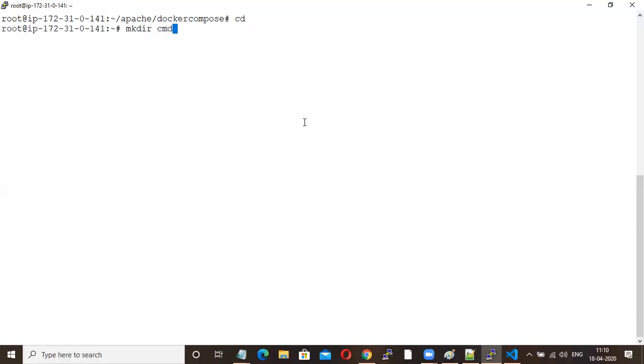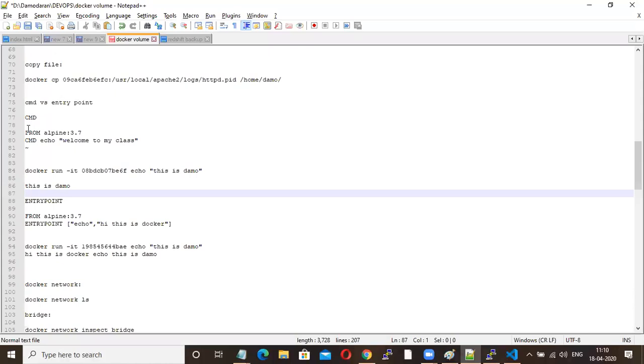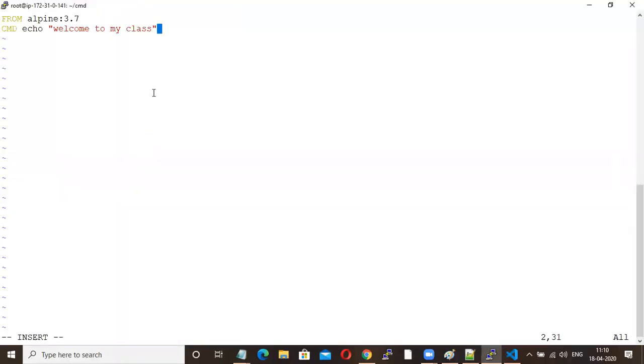mkdir, CMD, Docker file. This is a very simple example. This is my CMD command. I'm just giving echo, welcome to my class.